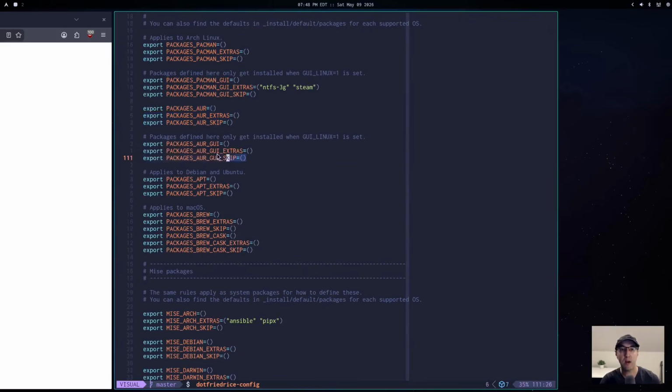There's one for the AUR graphical versions, and then also apt if you're on Debian or Ubuntu or any Debian-based distro, as well as brew for Mac install, complete with casks here. They all follow the same pattern, where you can just add extra things to install, or you can